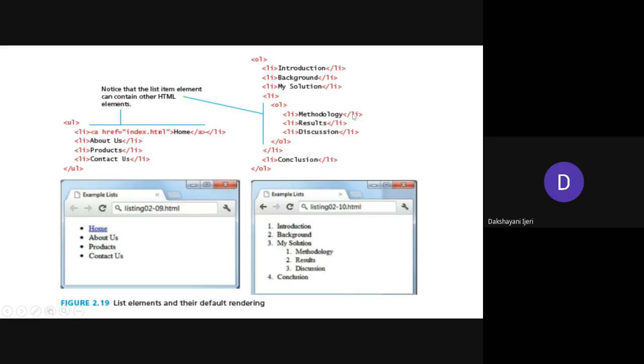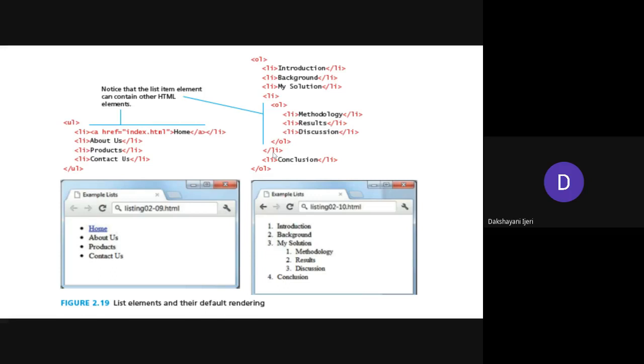So you can see here methodology, results, and the discussion. By closing all of these li here itself, and soon after completion of this level of the ordered list, you need to close that ol here itself. This ol is to be closed here, and this li has to be closed here. See, closing of all these elements plays a very important role here. If you make a mistake in closing the elements, right, so probably the list, the way in which you want to create the list might not appear in the same way on the screen. So if you want, you can experiment and you will get to know more about it.